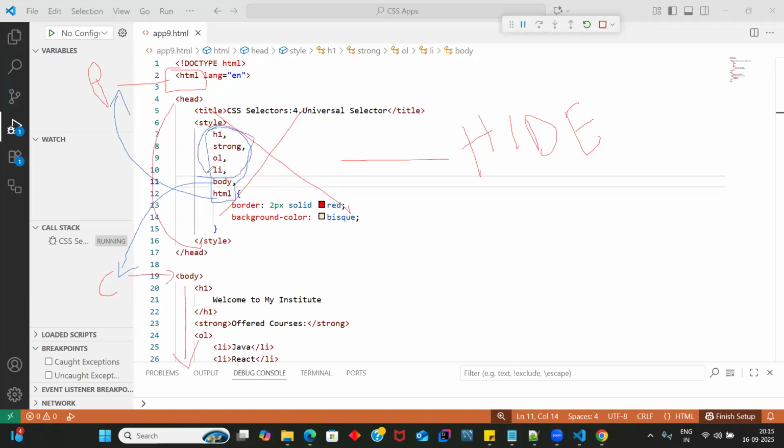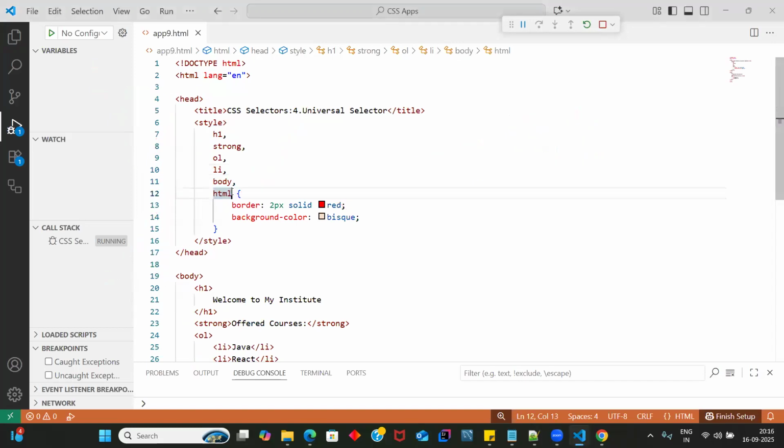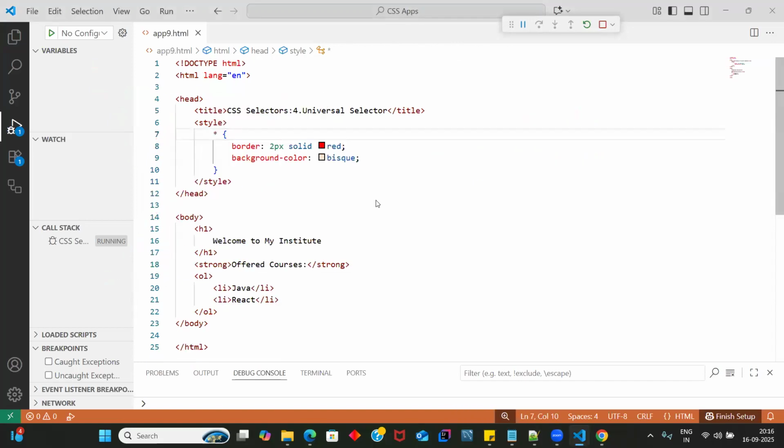Instead of writing this one, two, three, four, five, six, directly you can write star. The star is nothing but your universal selector. If I say star, you have to start counting: star means first HTML tag is selected, then body is selected, then every